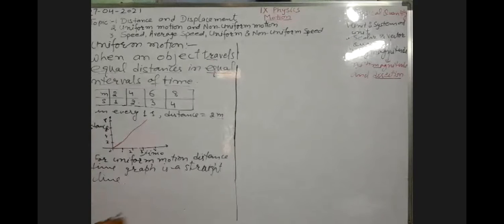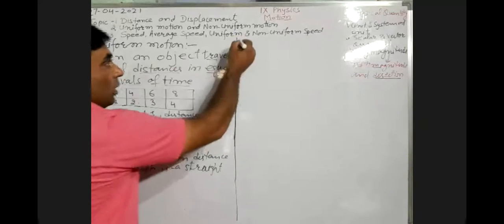In junior classes, you have also learned some basic idea of the distance-time graph, but in this chapter I will explain it in detail. Here, you just need the basic idea that on the x-axis we take time and on the y-axis we take distance. A graphical representation between distance and time is known as a distance-time graph. So what kind of graph is this? It is a straight line. The distance-time graph for uniform motion is a straight line starting from point O, the origin. So this is uniform motion. Now we are discussing non-uniform motion.